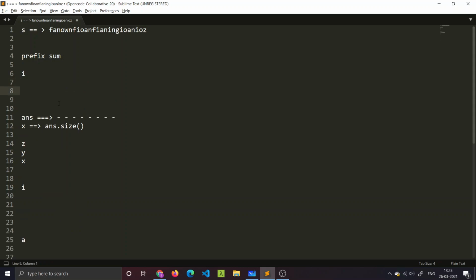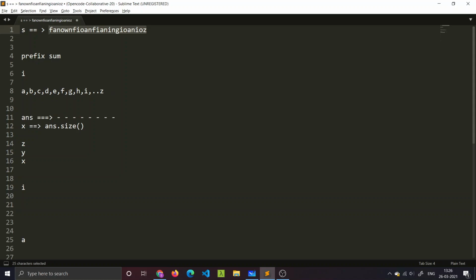So now I would be checking for each and every string A, B, C, D, E, F, G, H, I, J up to Z, whether I have inserted Z over here or not. If I have inserted Z in our answer, then there is no point in checking Z, because I have already inserted it. There cannot be more than one Z in our answer. So I will be ignoring it. Second point, I would be checking whether there is an H in this string or not. Because if there is no H, then also there is no point in checking it.